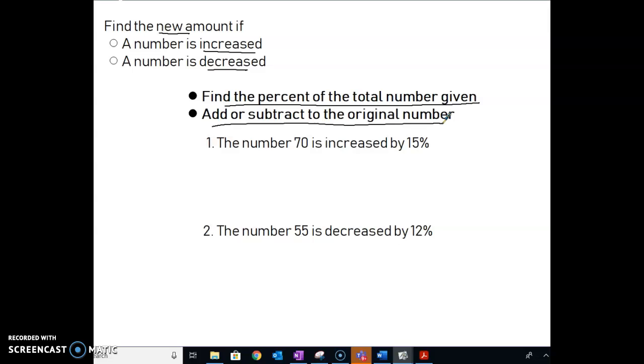So if you have 70 increased by 15%, again, 15 out of 100, because it's a percentage, is going to equal x over 70. When you find that value, x, the part that it's increased, you're going to get 10.5. You're going to add that to the original number. So 70 has increased by 10.5. Your new number is going to be